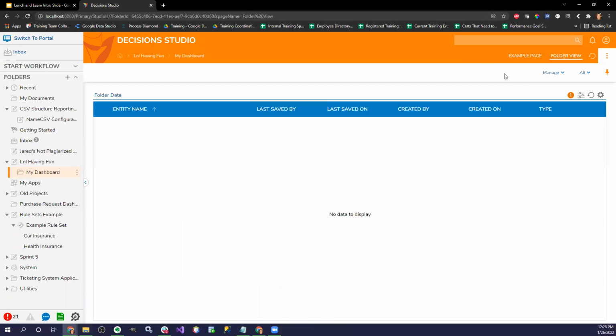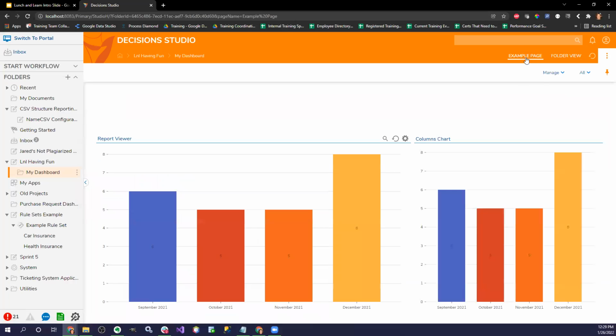And when I added that, you'll notice that I have a new tab up here in the top right. That allows me just to grab it and then add it. And as you can see, I have both charts shown there. One that's using the actual column chart control, or one is just changing the default view for the report, and you can use the changing the default view of the report view to show that.